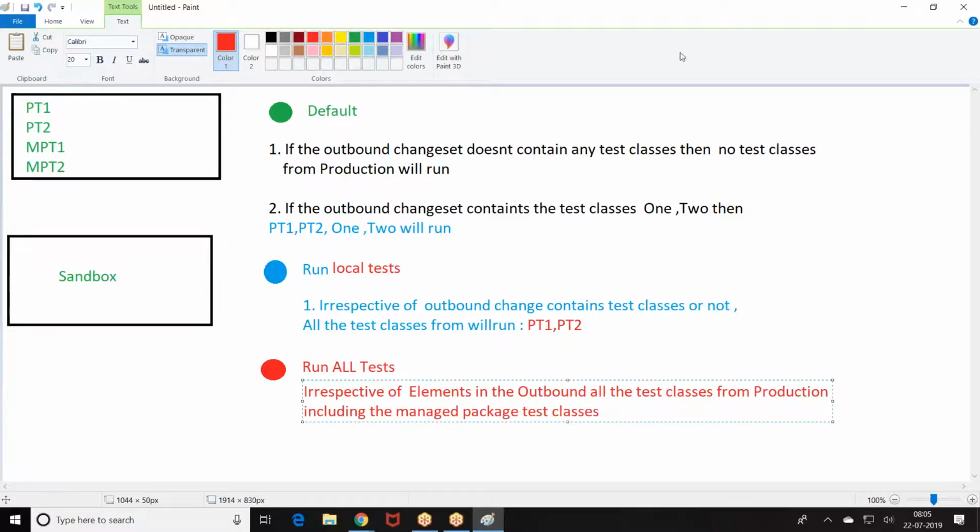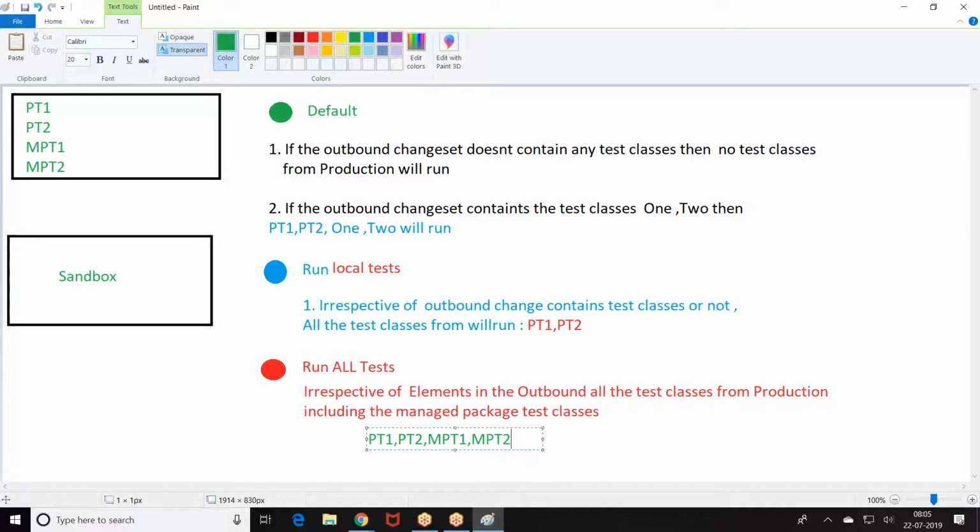So what does it mean? PT1, PT2 and the manager package test classes. Irrespective of whether your change set contains test classes or not, all test classes from the production, including the manager package test classes, will run.